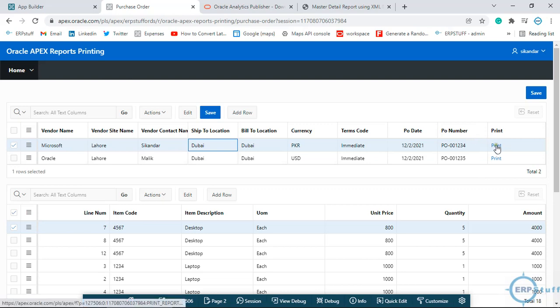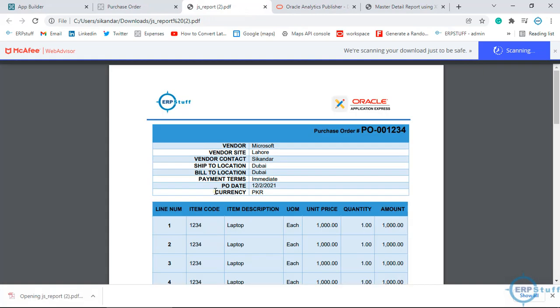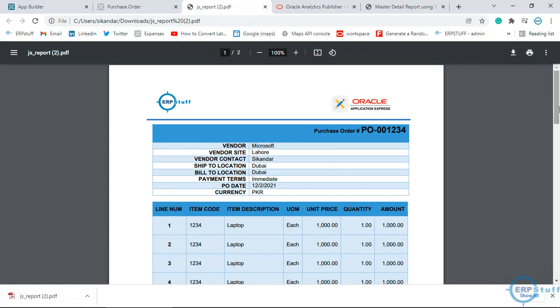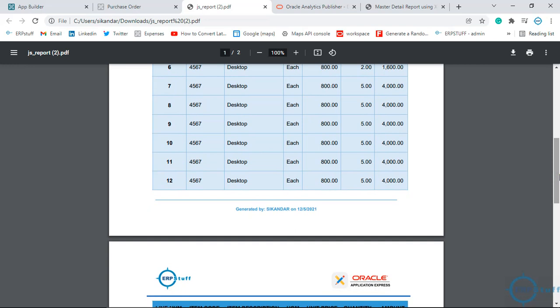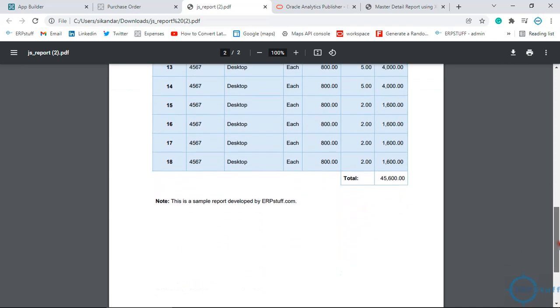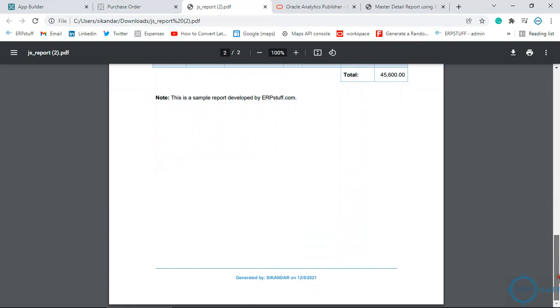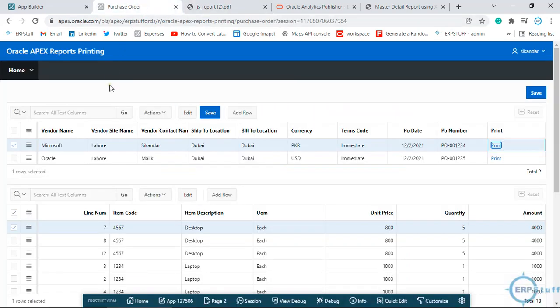Here I have just created this URL at the end. So if I click this 1 2 3 4 PO to print, here is the PDF generated from this link, with the logos, header and lines, footer, with the username who generated it and the timestamp, date stamp. Then we have a second page with the totals, some notes. You can have terms and conditions over there, and that's it. You can print or send email, up to you, right? This is how it is.